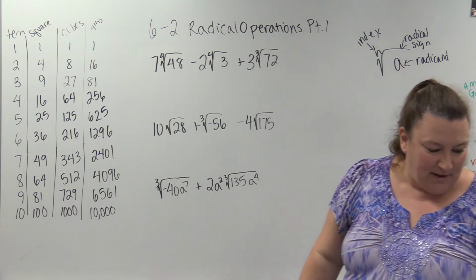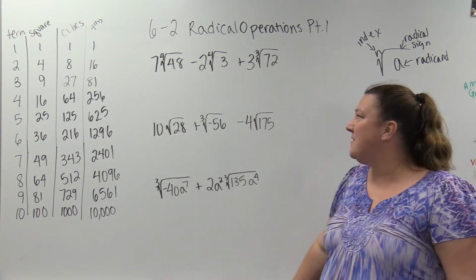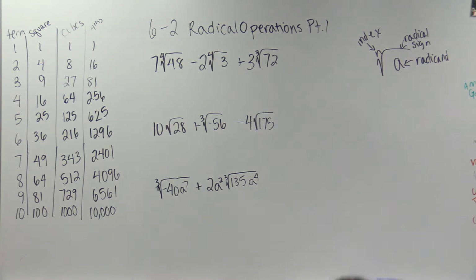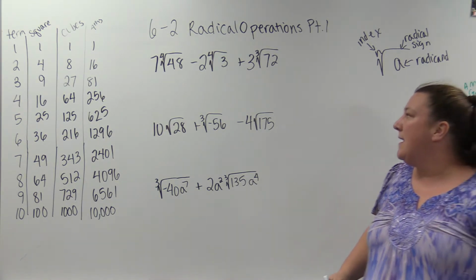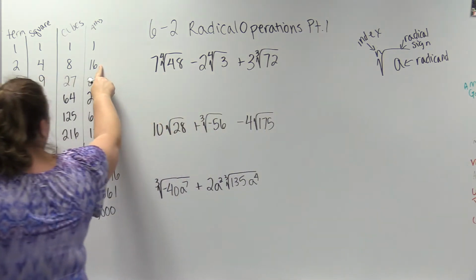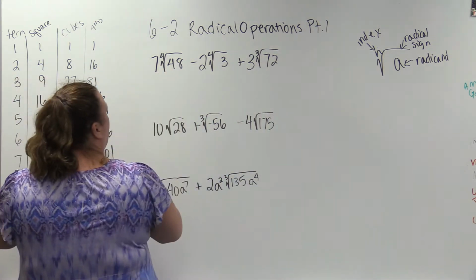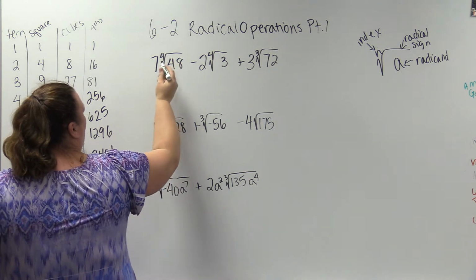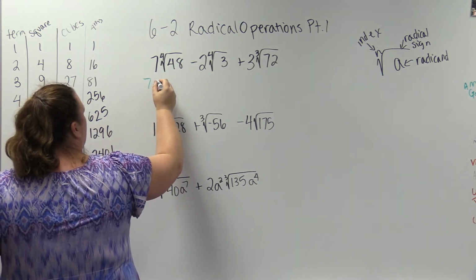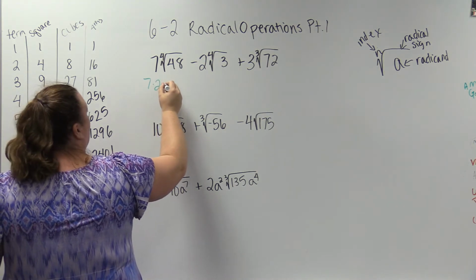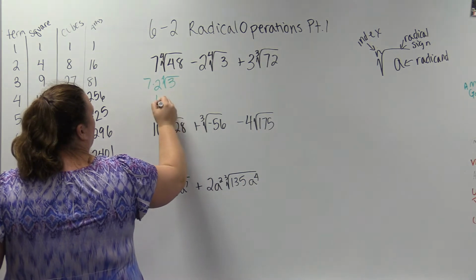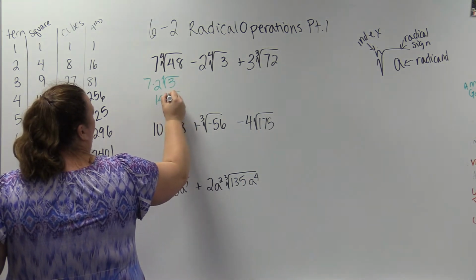So today we're going to look at, and I have all three of these written out so I can save a little bit of time, but I'm going to look at how to solve all of them. Now, we're going to look at fourths. 16 times 3 is 48. So I have 7 times 2, 4th roots of 3. So I get 14 4th roots of 3